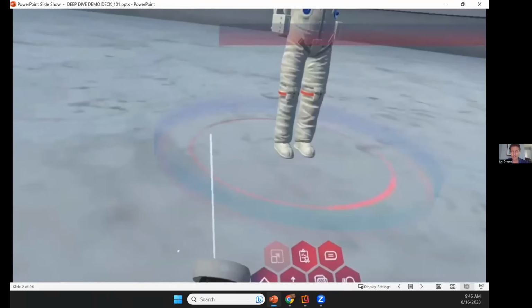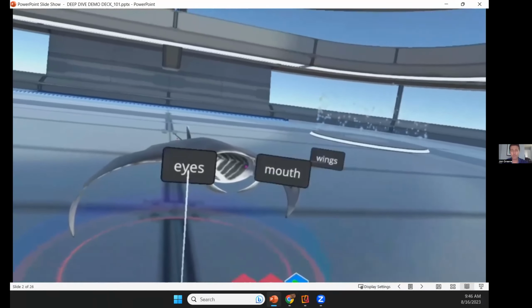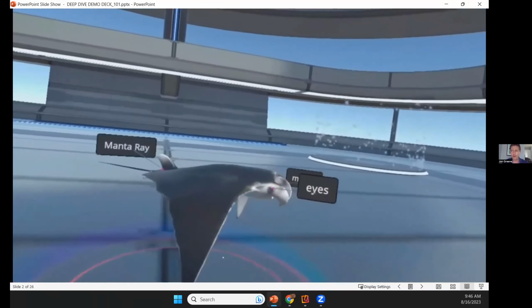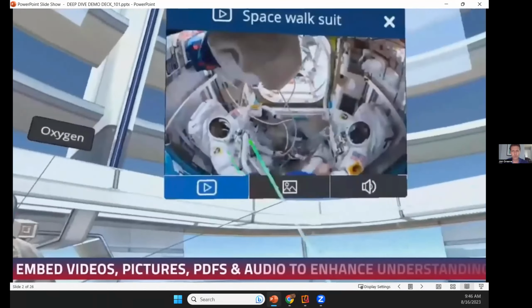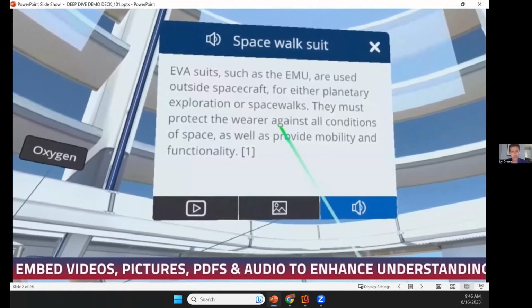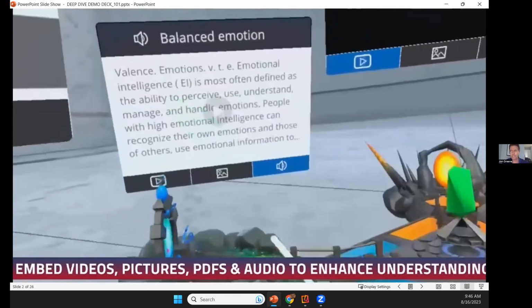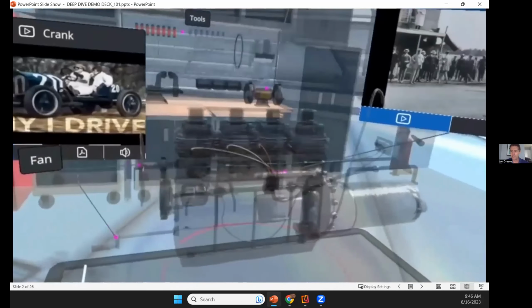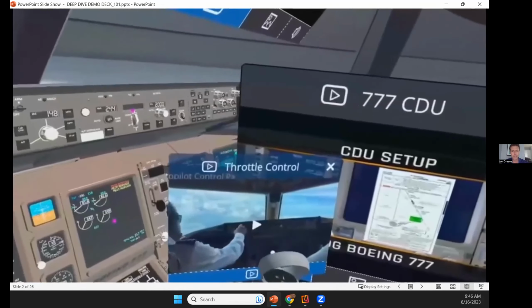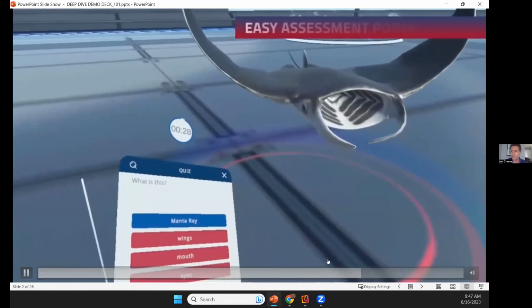So completely adaptable to any type of device that I mentioned. And in this experience, you're fully immersed in a VR environment, and all of the content that you created will immediately be available in a full VR mode. What's great about this, you don't need any coding, you don't need any special expertise from a technical standpoint. You create the lesson, and as soon as you hit save, it's available across all these different devices for your learners